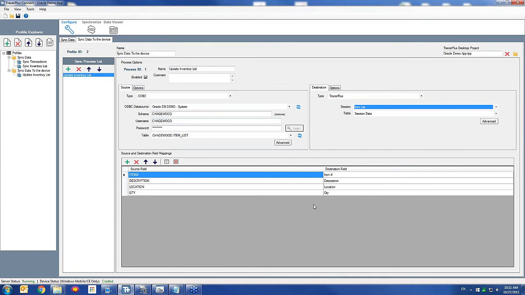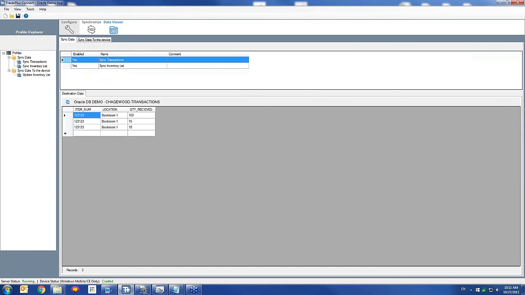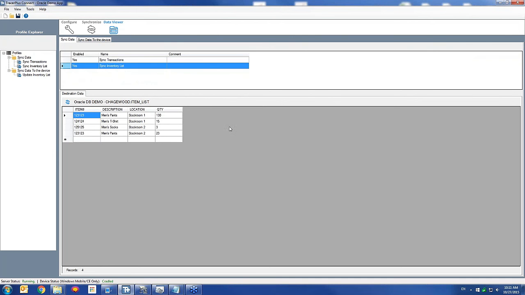So now we can actually go through on the device side of things and get things syncing across. To do that, let's take a look at what we currently have in our database at this moment in time. If we look at our inventory list, this data viewer here is viewing the contents of our item list table on our Oracle server. And right now we can see that we have 130 men's pants at stockroom 1. Now if we go to our device,